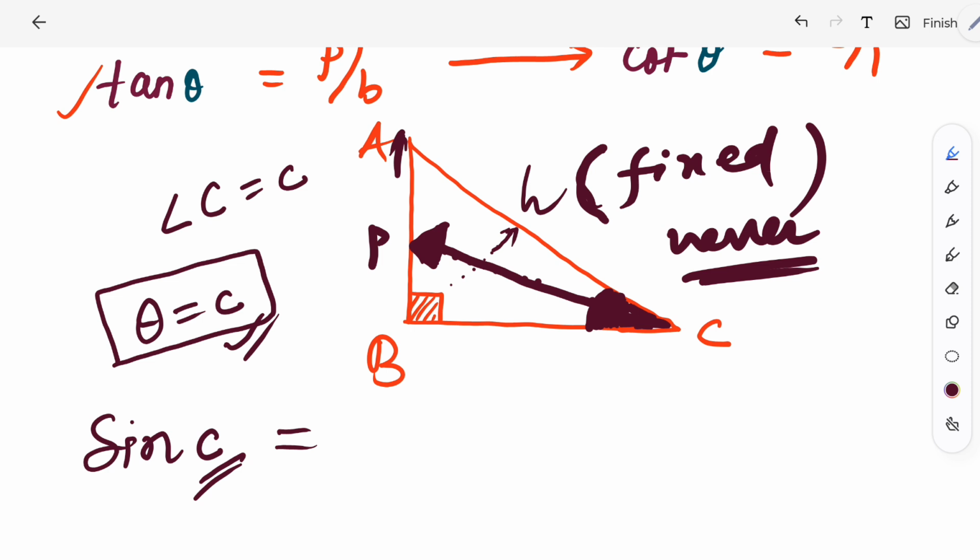Why will it not change? Because 90 degrees is fixed, and the side opposite the 90 degree angle is the hypotenuse. So it will be understood. Now you need to see: